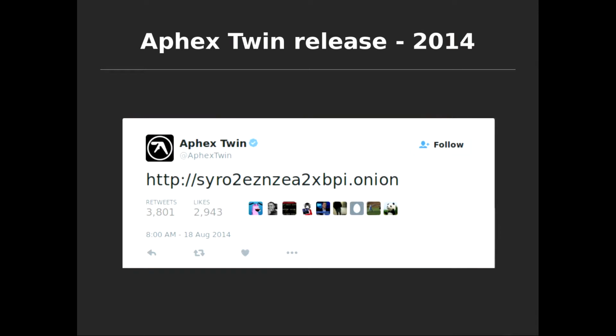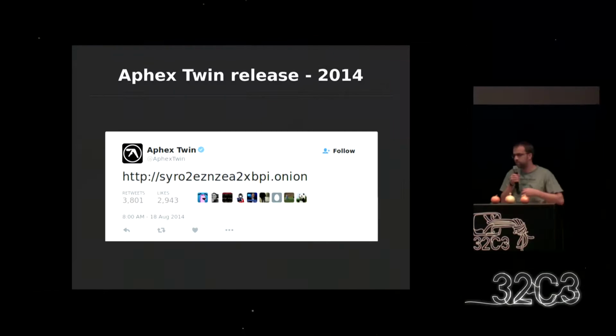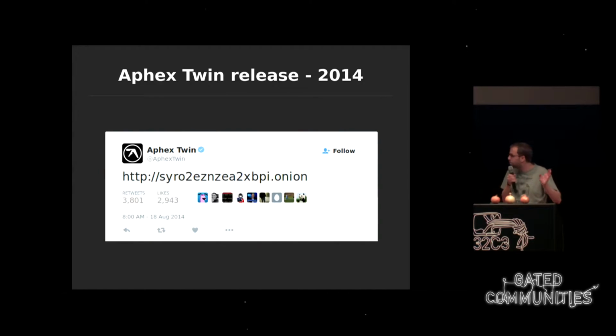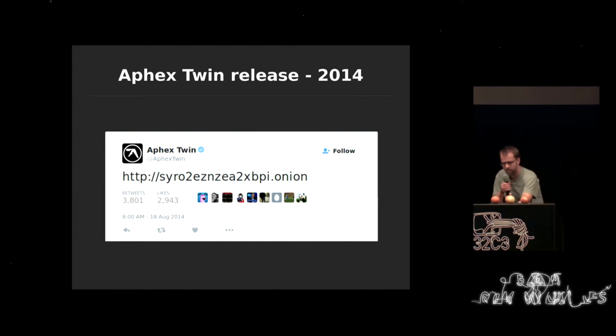Hello. So continuing our timeline here, this very cool thing happened in 2014 where FX Twin, this electronic experimental guy, released his album Cyro through an Onion address on Twitter, and it got 4,000 retweets. So we encourage you guys to consider this method of releasing all your stuff, and then the complementary ways to release it will be the open web, so Onion addresses.